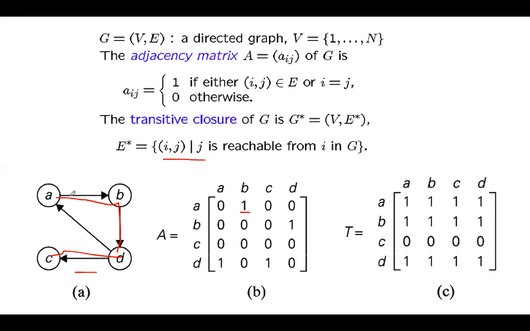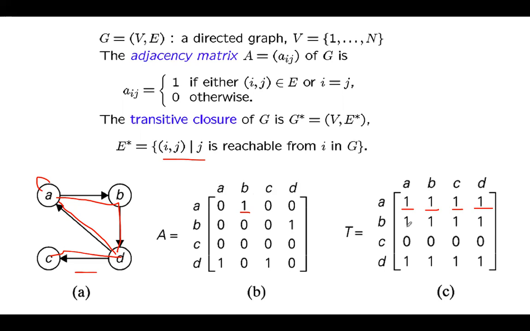Also, one more thing: A to B, B to D, and from D I can come back to A. For that reason, if I start from A, I can reach A, so we have marked it as 1. I can go to B, so it is 1. I can even go to C, so that is 1. I can reach D as well, so it is 1. Is it clear? Loop is not there, but that doesn't mean you cannot reach A. You can reach A from this path, A, B, D, and A. So we have given it as 1.